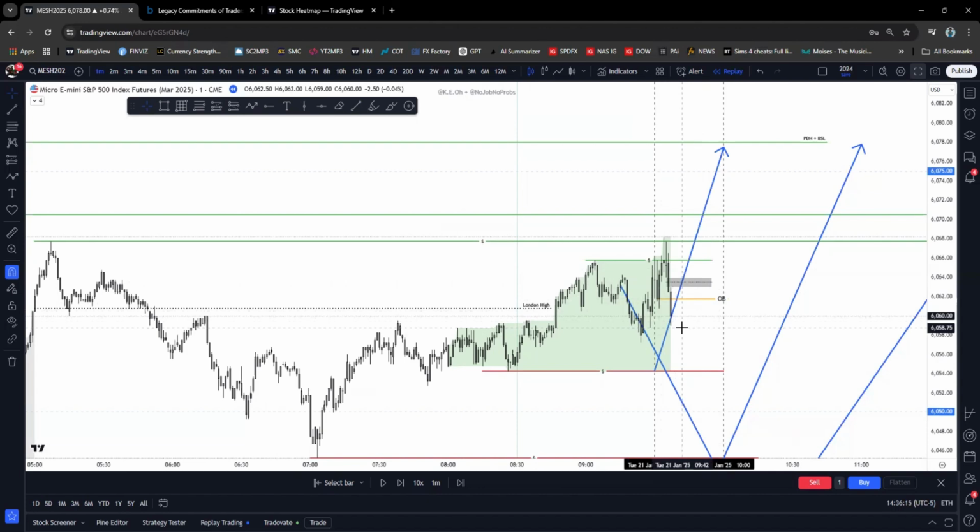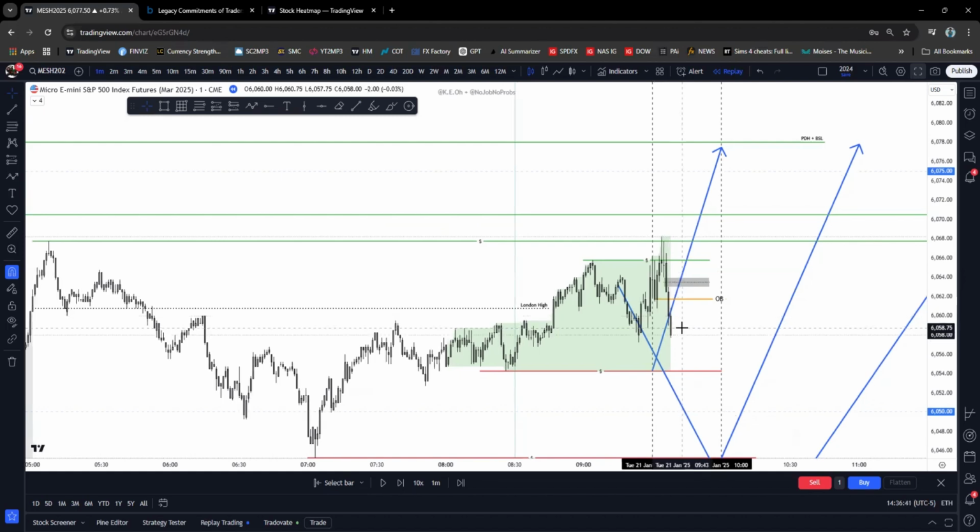Me, I'm the confluence king when it comes to looking for confirmations in the markets. I don't need just one. I don't need two. I need a plethora. I need a multitude of confirmations to give me the ultimate confidence to say, okay, I'm going to press the button. You know what I'm saying? You need a lot of confirmations to really give you those insights to say, okay, let's make this happen. Let's press this button and let's make this trade work. So boom, right here, I can see again,